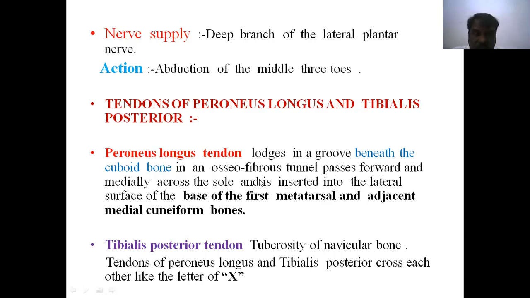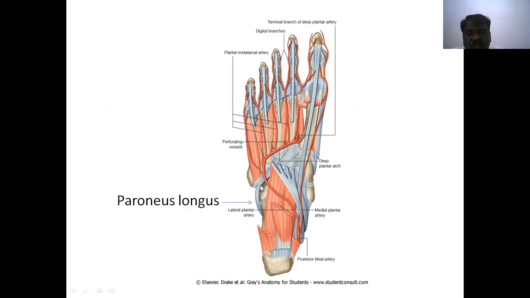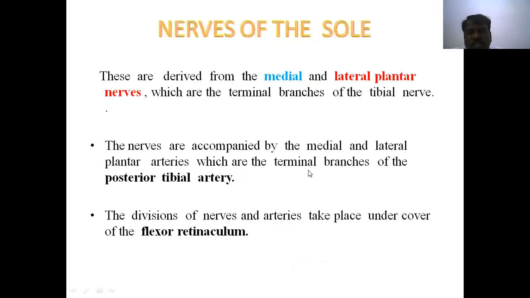See, peroneus longus and peroneus brevis, you know, are the lateral compartment of the leg muscles. The peroneus longus muscle takes origin from the fibula. The tendon crosses the lateral malleolus and crosses the cuboid bone. Then it crosses towards the medial side, the navicular. Its insertion is the base of the first metatarsal bone, and the three cuneiform bones, going to reach the tubercle of the navicular. Nerve supply here is the lateral and medial plantar nerves.